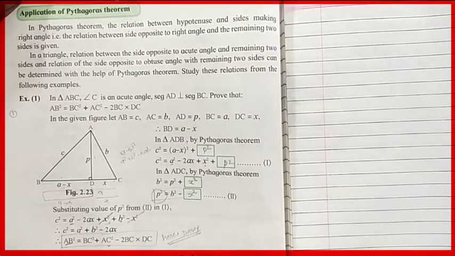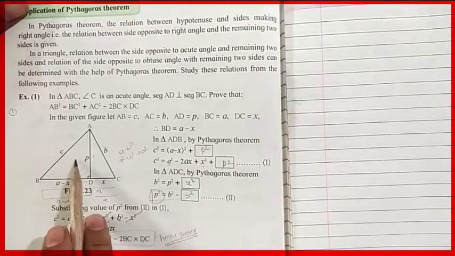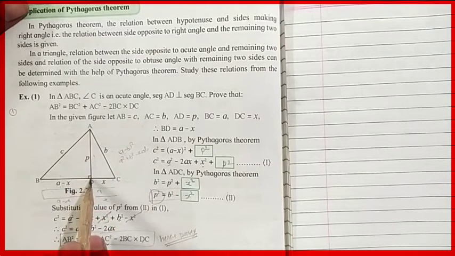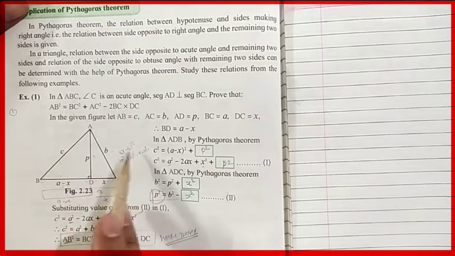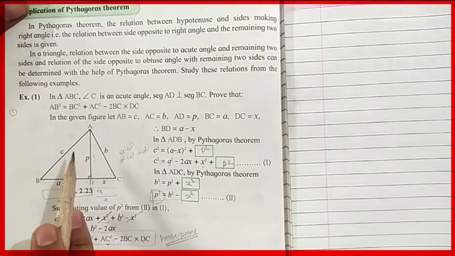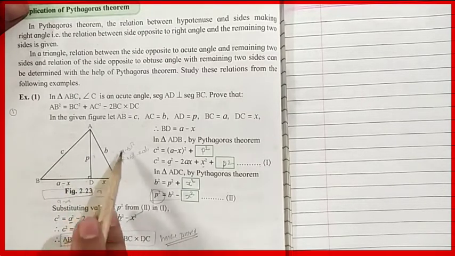Okay. So this is the way you have to solve. आपको करना क्या है? बस दोनों ट्राइंगल के लिए हमने एक परपेंडिकुलर ड्रॉ किया एंड दोनों ट्राइंगल के पाइथागोरस थ्योरम के अकॉर्डिंग हमने उनके वैल्यूज लिख लिए. और फर्स्ट वाले इक्वेशन में हमने p की वैल्यू को कीप कर लिया. सो व्हाट इज p की वैल्यू? इट इज p स्क्वायर इक्वल्स टू b स्क्वायर माइनस x स्क्वायर के फॉर्म में.